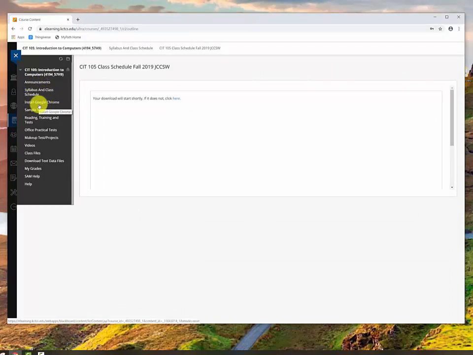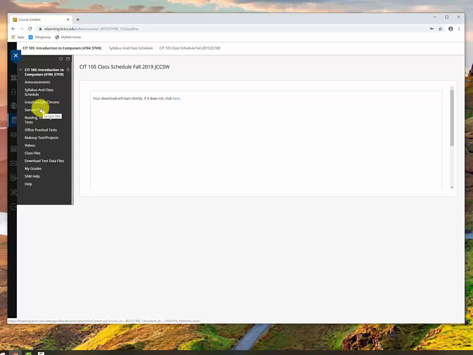Now, the next thing for this class, we're going to be using Blackboard and MindTap and SAM, which are 3 kind of portals. What I try to do is make this as easy as I possibly can, and include everything you're going to need here on the Blackboard page, and it's going to take you where you need to go in SAM to do these things. But the one thing I've found over the years is that Google Chrome is the best browser